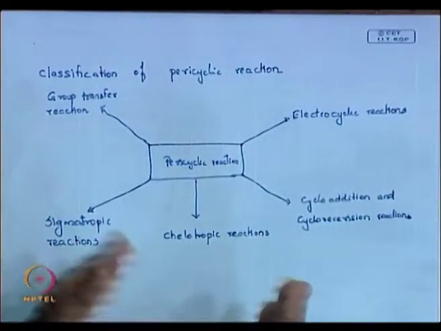Electrocyclic, where you study your conrotatory and disrotatory, ring opening and ring closure. Cycloaddition reactions, you study your famous 2+2, then you study your 4+2 Diels-Alder reactions. Retro Diels-Alder, where you study about cycloreversion reactions, right. Sigmatropic, you study your hydrogen shift and carbon shifts, methyl shift. Then you study your Cope, Claisen, okay, all these things in sigmatropic. You have group transfer reactions, heliotropic reactions, where you study with your sulfur oxides reactions.